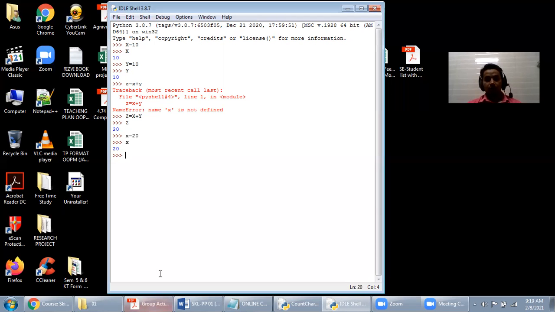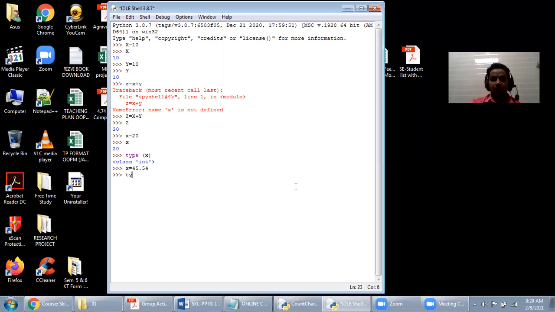Suppose you want to see the data type of your x. You can write the statement type followed by your variable in brackets and press enter. It will give you the data type as int. So the compiler always tells you, with the help of type, what the data type is. For example, once again you write 45.54. Now you want to check the data type of this one.